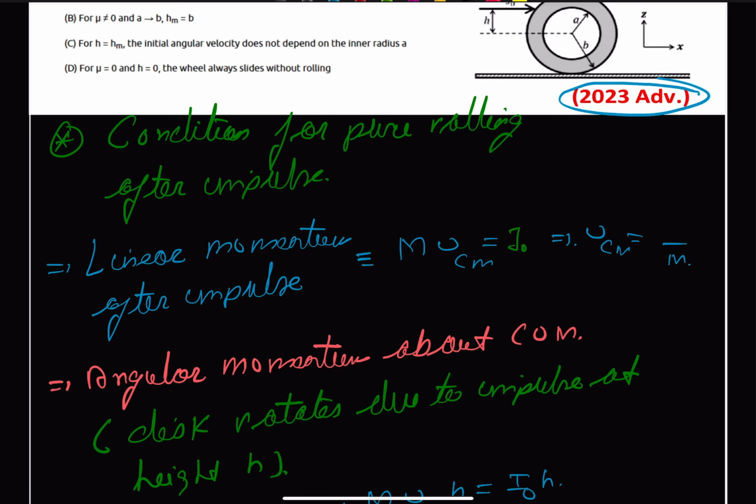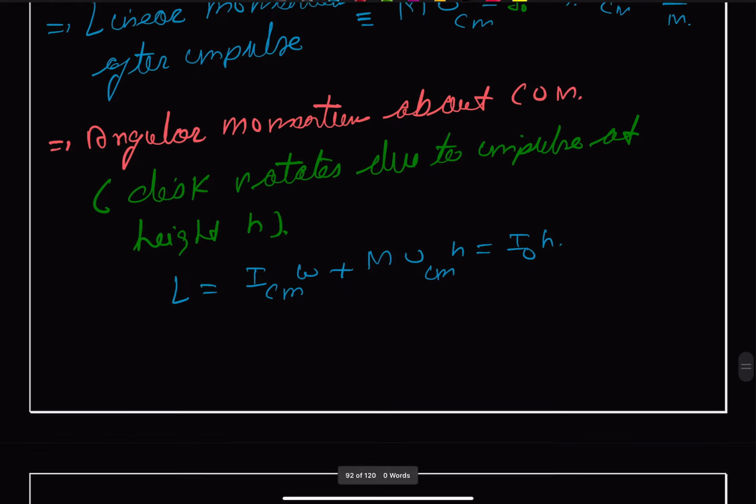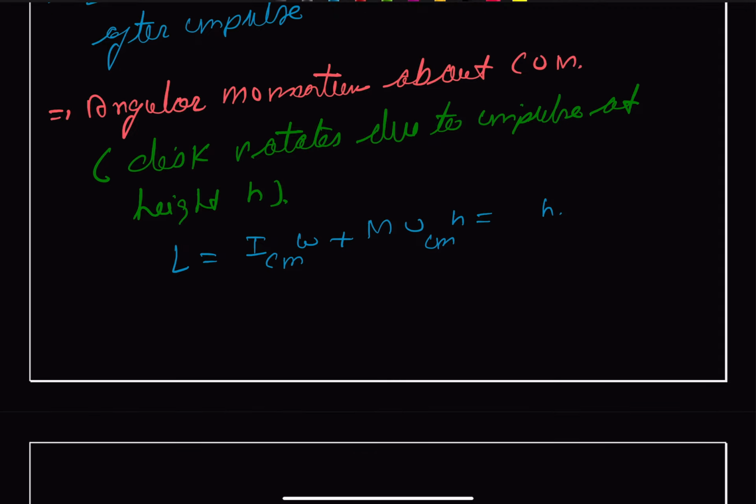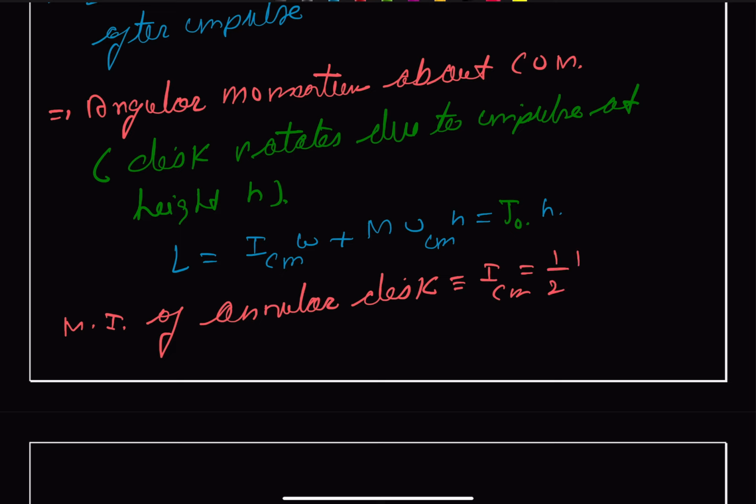J naught, and here also J naught. And we know that our moment of inertia for the annular disk, that is our ICM, will be equal to 1 by 2 m (a square plus b square),